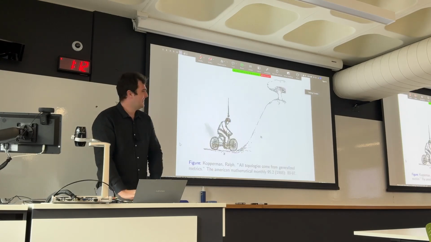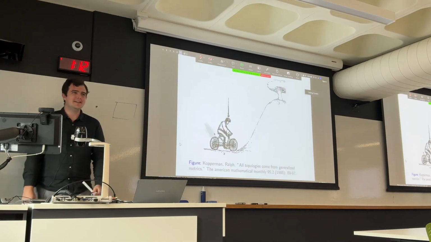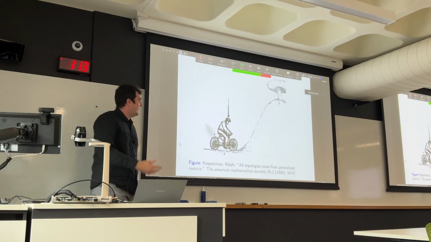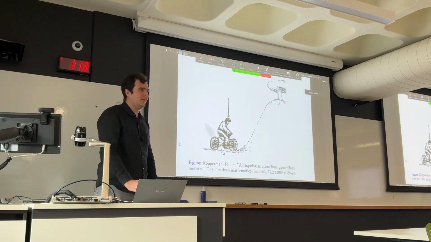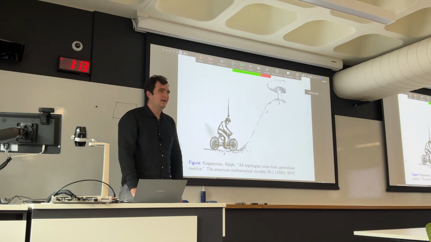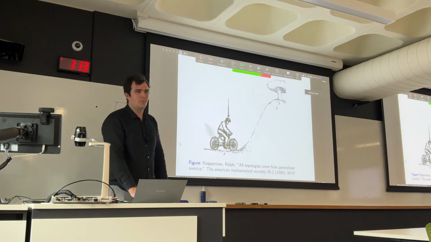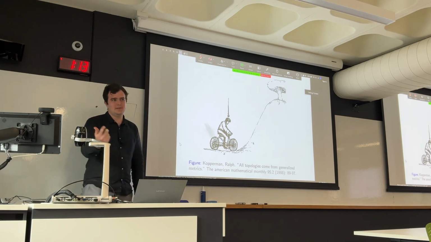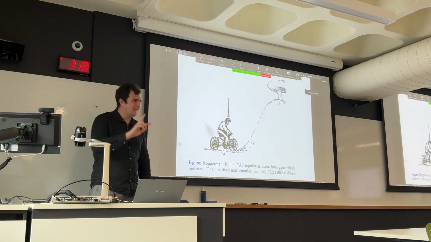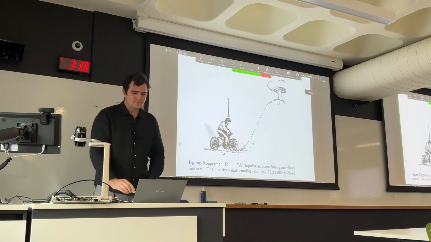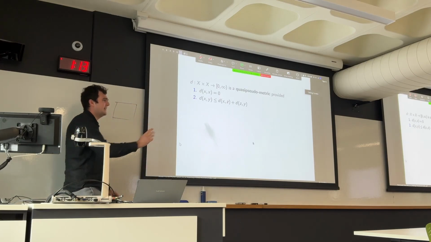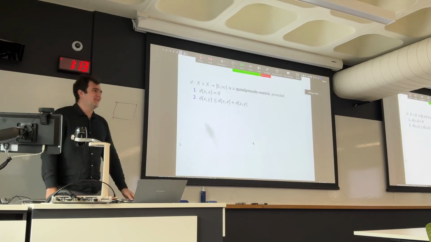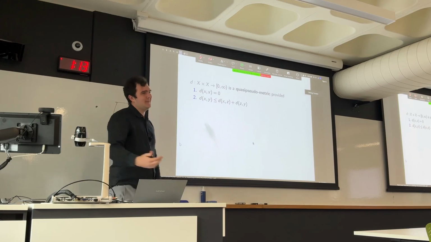And here's a lovely picture I stole from that paper. Apparently these sort of ideas appear a lot in your optimal control type thing. So you consider how much effort does it take to go from X to Y. It's very different from how much effort it takes to go from Y to X. When you're going uphill it's harder, going downhill is easy. So you have this lack of symmetry. Okay. So if you just delete axiom 3, delete your symmetry, you end up with a quasi-pseudo-metric.